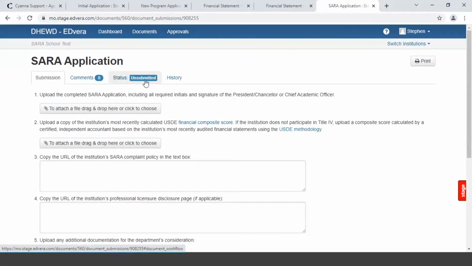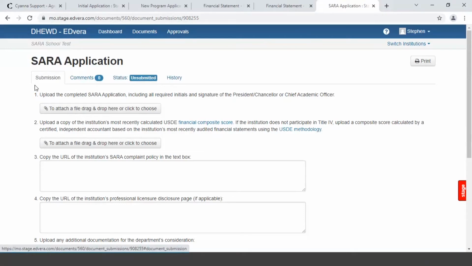And then history is a neat little tab. Anytime the status changes of your document, the system will kind of take a picture of it and save it. So you can go back after maybe we reverted it a few times and look at the second time we reverted and pull up that actual document. So it's a useful tool.